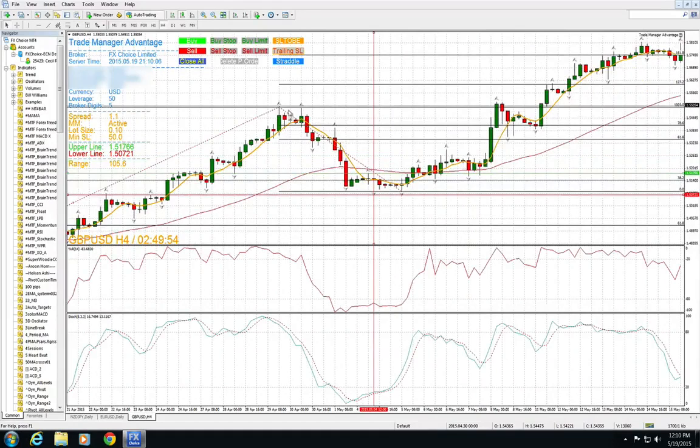Then what we want to do is draw an opposite Fibonacci retracement, in the opposite direction. So from the high here to the low here, and then we're looking at the extensions. Now, since this dropped down to the 38.2% retracement, we're looking for a lower extension of the 127.2, although you